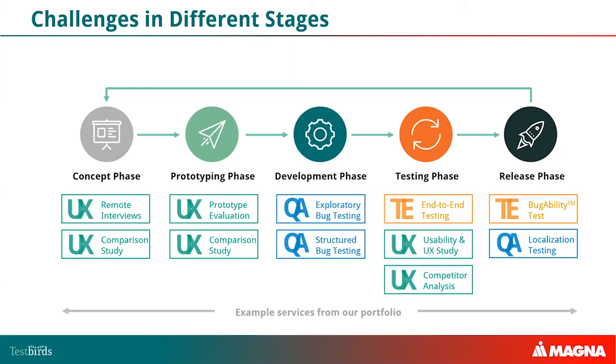Then later down in the software development process, we can do more functional testing. So we can add this random reality factor. We can test the software, for example, let's say connectivity from a head unit, a connected car or whatever, and see if it also runs with exotic mobile devices. Or we can do what we call